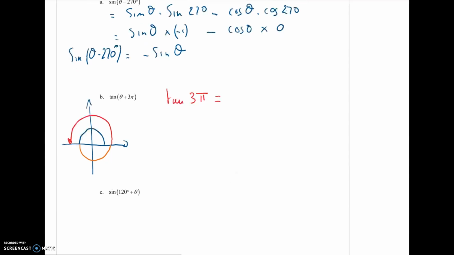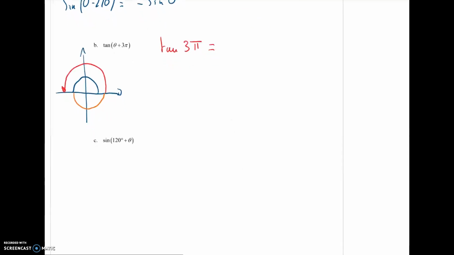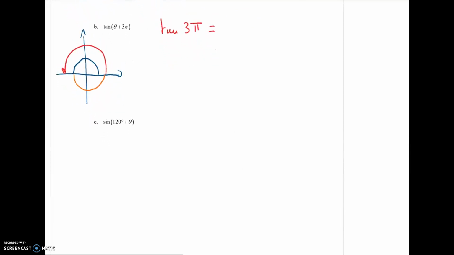Same idea for sin(120 + θ). Express what is the sin of 120, and you will be able to express sin(120 + θ) only involving functions of θ. What I can do also for this problem,